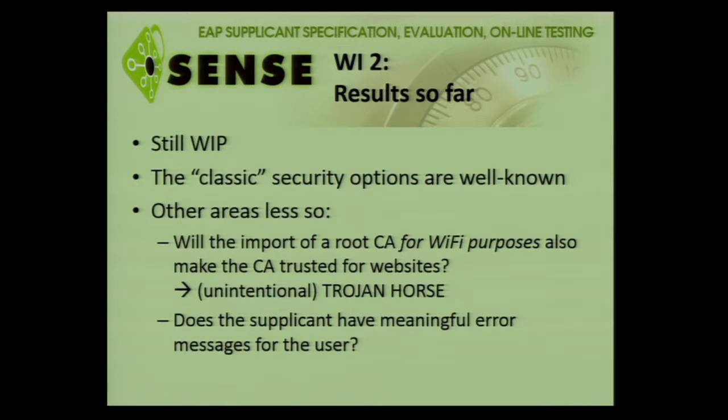Another thing is also, does the supplicant have meaningful error messages for the user? Well, okay, I see shaking of heads. So this is where most actually fail. What we see is that many supplicants, whatever goes wrong in the authentication, even if the radius server is down and they never actually verify a password, they don't even send it to the server, still, the message to the user usually is, well, didn't work, probably your password was wrong.